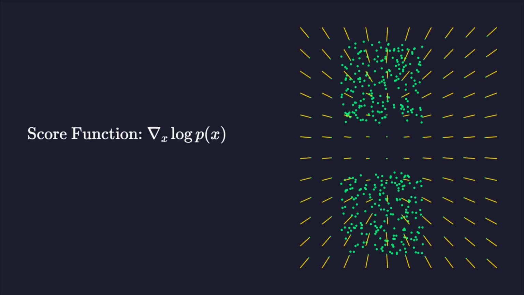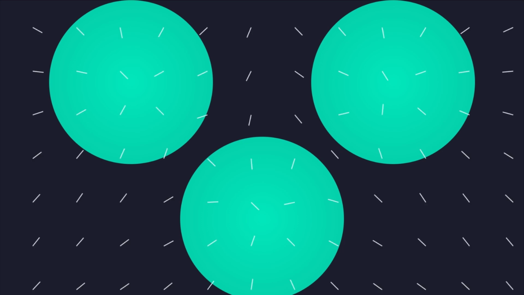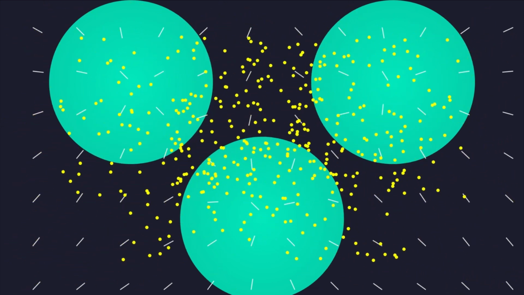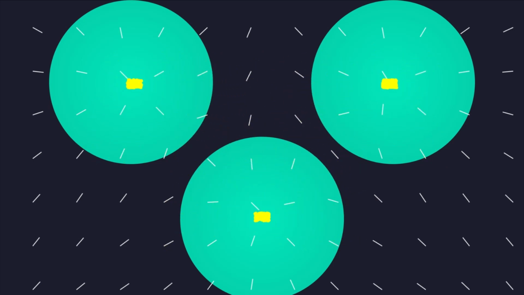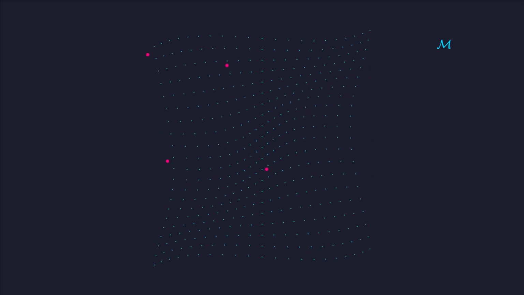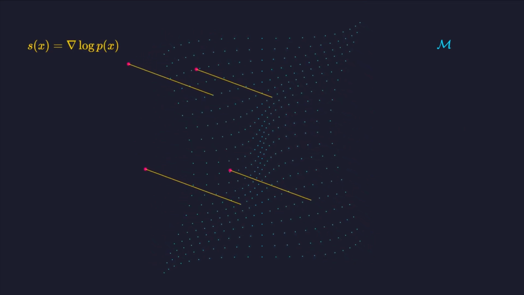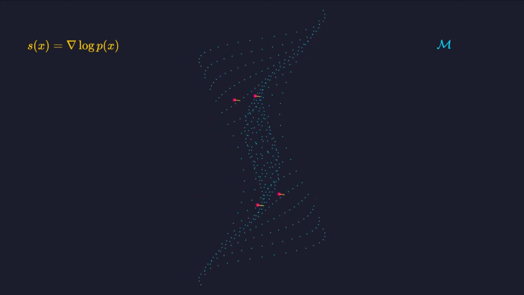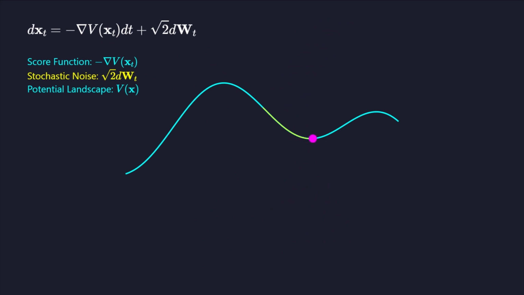Diffusion can be viewed as score-based modeling. Here, the goal is to estimate the score function, which is the gradient of the log probability density of the data. The score function points toward regions of higher data density. By following these gradients, the model iteratively moves samples from low probability noise regions toward high probability image regions. Realistic images occupy a low-dimensional manifold within high-dimensional pixel space. The score function guides the noisy input back onto this manifold, ensuring visual coherence.